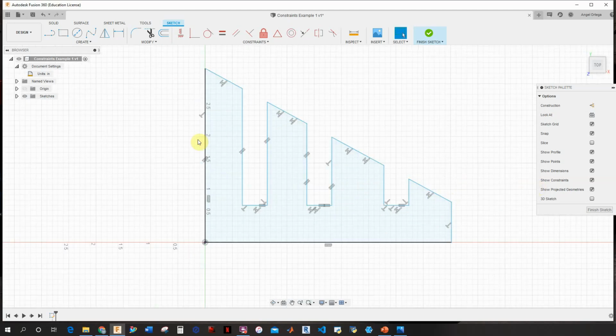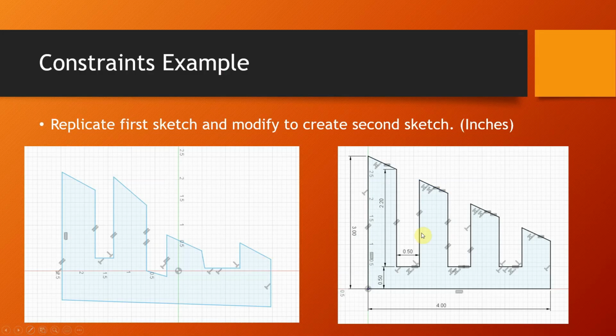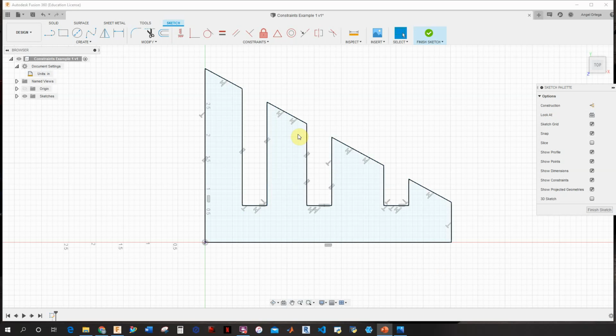So let's look at the dimensions that we need. Okay, so we go back to this. We'll see that we have a couple of dimensions. So we have 3, 4, 0.5, 0.5, and 2.2. Okay, so let's try that. 3, 4, 0.5, 0.5, 2.2. Okay, so let's see. I'm going to type D on my keyboard for dimension, and then let's try that again. There we go. And then this one should be 4,